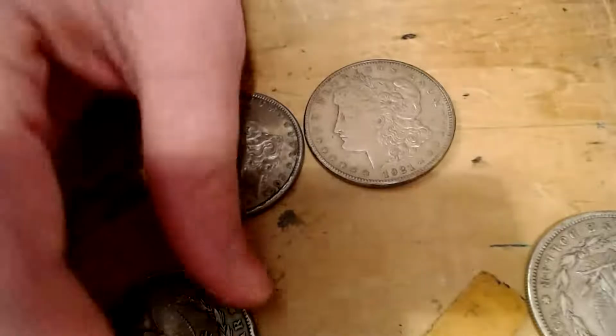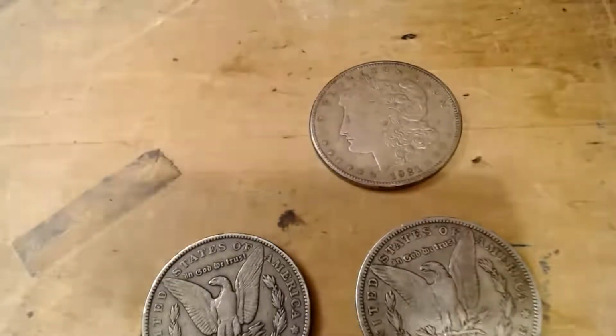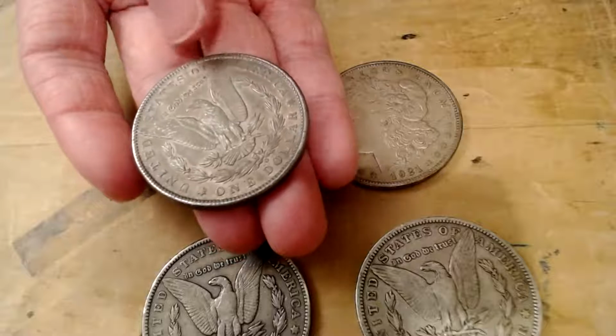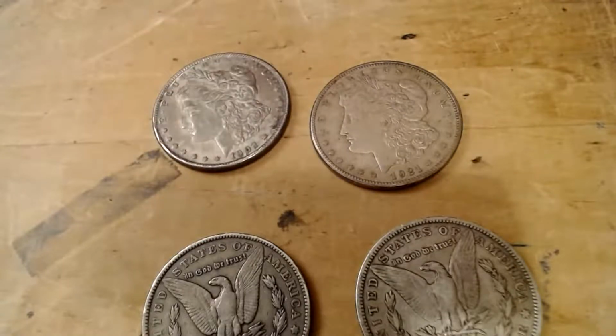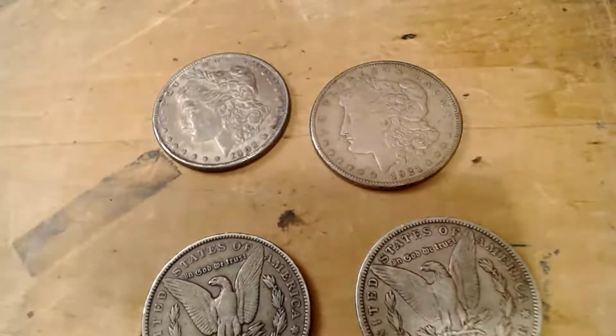And I have a bunch of different silver dollars. I have, I believe, this one. This is a New Orleans mint, so it has the O. So that one is pretty interesting. It's one of my only New Orleans minted coins. I do have another New Orleans minted. I believe I have it in, let me get that out. The only other New Orleans minted coin that I have, because New Orleans Mint, I believe,